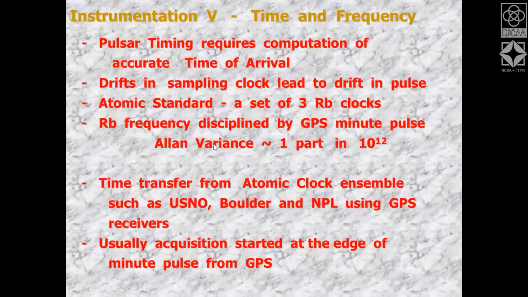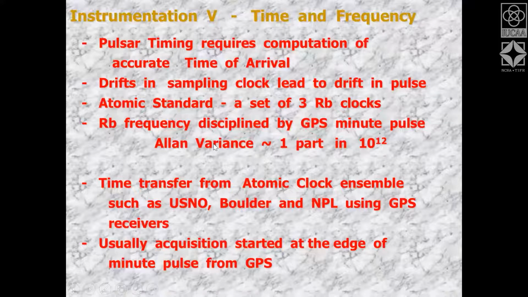Yes, Sir, Sarvesh. Sir, can you please comment about the maximum detection value of GMRT, like in Jy per beam? So the sensitivity of a telescope, or the detection limit of the telescope, is given by an equation called the radiometer equation, which I presume must have been covered in a lecture earlier.